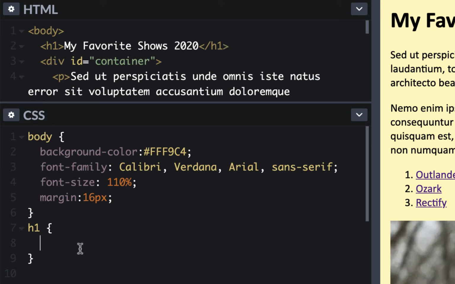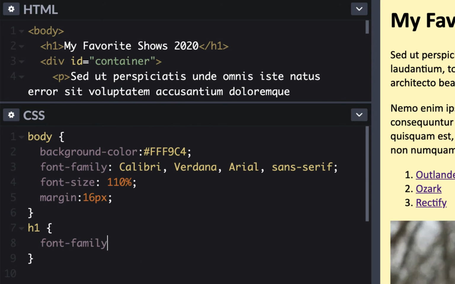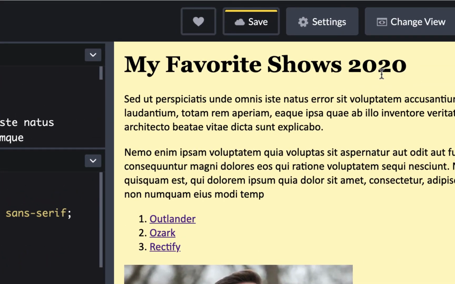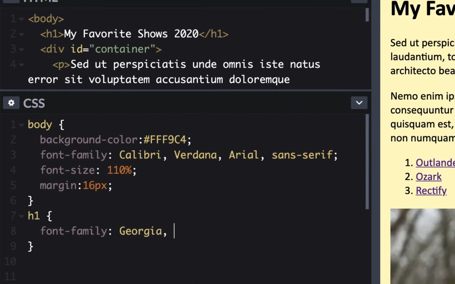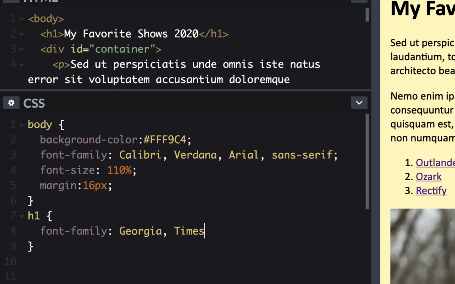Now I'm going to do font first because you'd probably change the font first and then the color. So I'll put font family again. I'll put in a couple nice serif fonts like Georgia. Now you don't have to put bold because being a header 1 already makes it bold. Now that looks pretty nice. Now you could put something else like Garamond. You could put anything. You could even put Times New Roman,